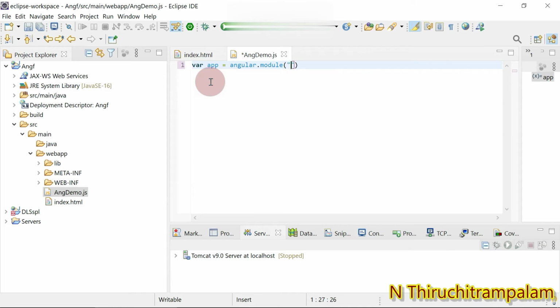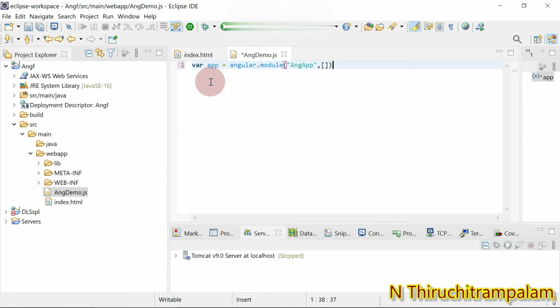Just to create the Angular module, the angular.module keyword is used, and then as a parameter you give it the name of the module. The name of the module is angapp, and then the brackets. All right, just close it.